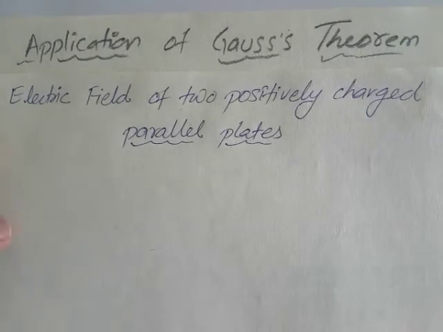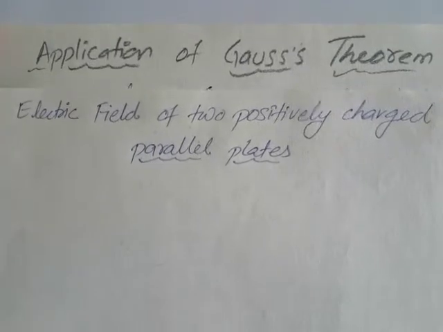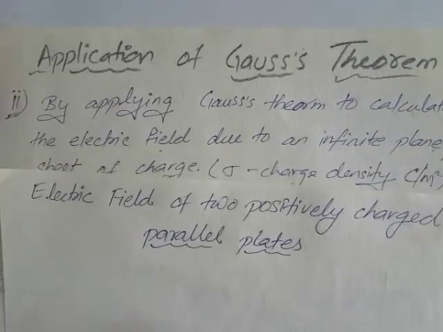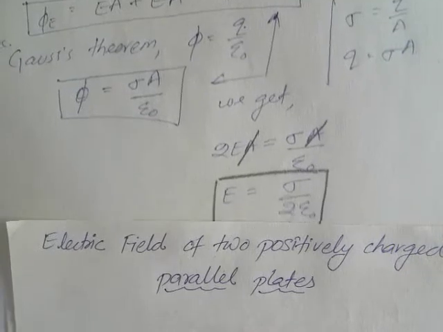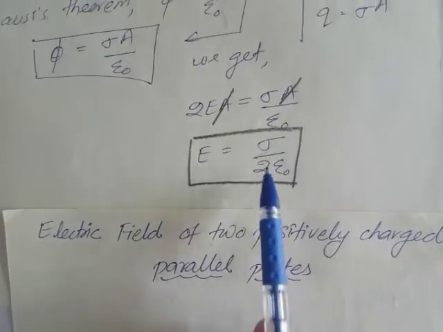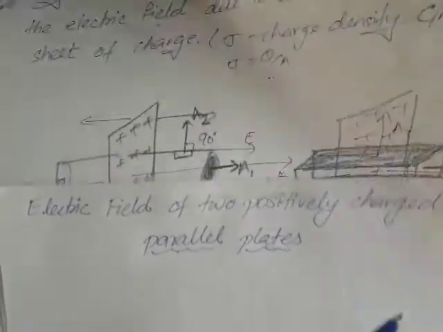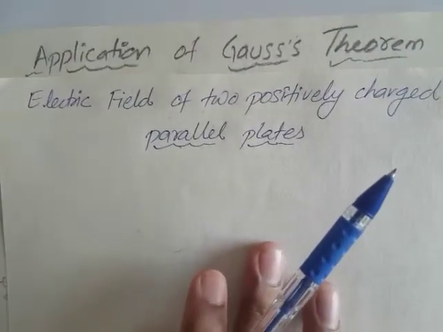So now, in the last video we covered the application of Gauss theorem, and we considered a single sheet, an infinitely long sheet. We have studied this much in our last session. In continuation of that, we are going to think: if instead of a single sheet we consider two parallel plates or two parallel sheets, what are we going to have here? That is the application.